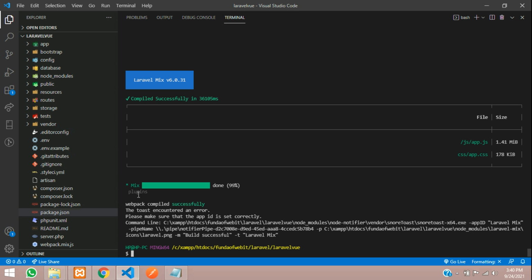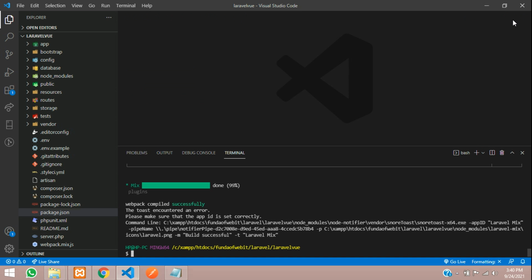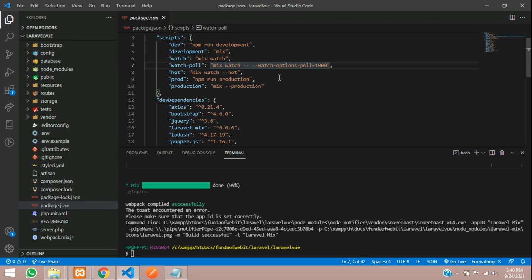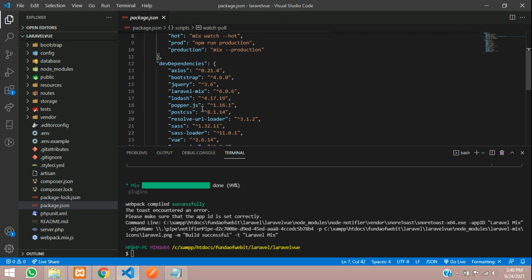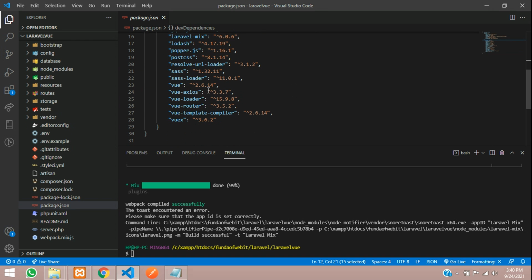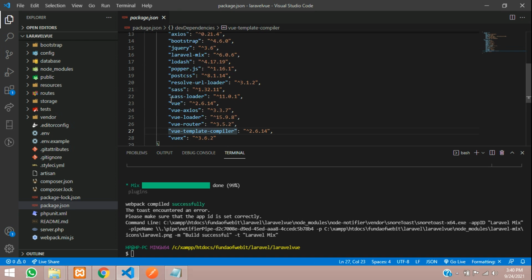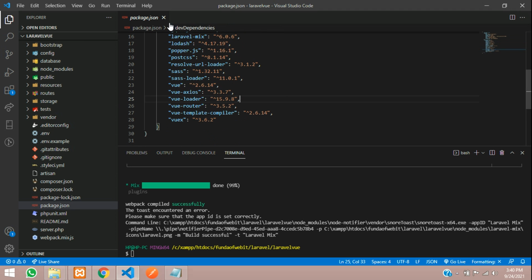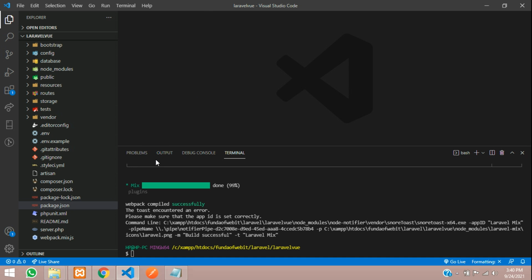Once you get no error, it's all set. Now let me minimize and show you the package.json file. Inside this you can find all the dev dependencies: the loader, router, Vuex, compiler, Sass loader, everything, and your Axios too. Now let me close this and let's run it.